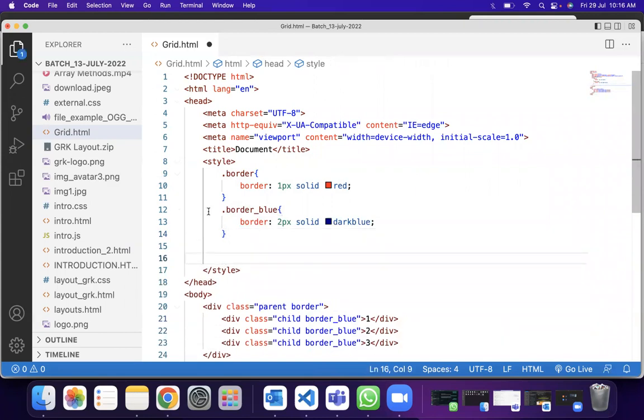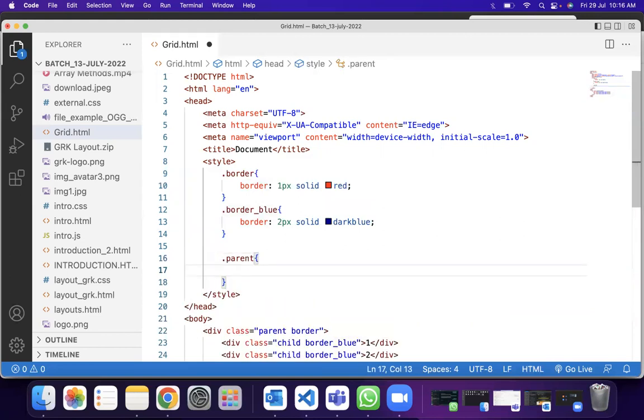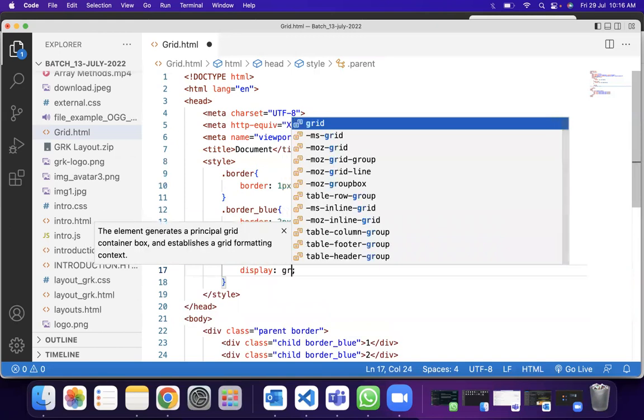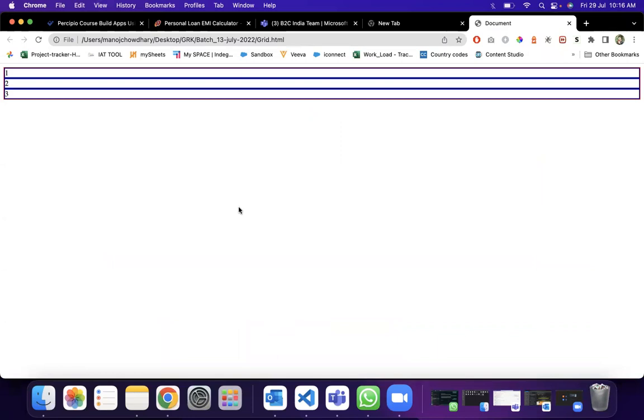So what I'll do for the parent. So first one will be parent, right? So I'll take the class of parent and I'll give display as grid. So is there any change here? Why? Because flex flow, when we go with flex, is already dealing with only one direction. So it will be column or row. It has the idea about what to do. But coming to the grid, it's bidirectional, height and width. So if we just give a grid, it doesn't know what to deal with, whether you want to deal with the particular height of the element or whether you want to deal with the particular width of the